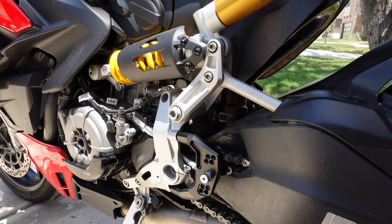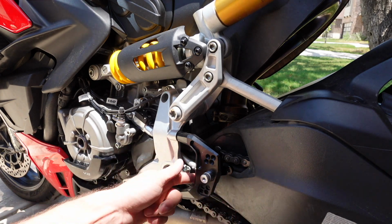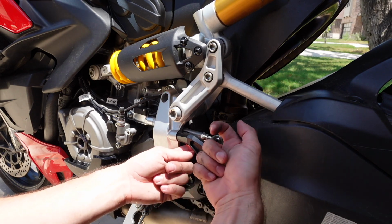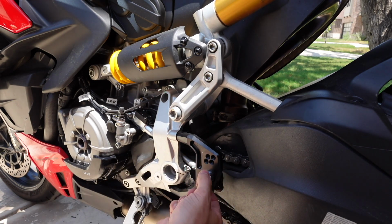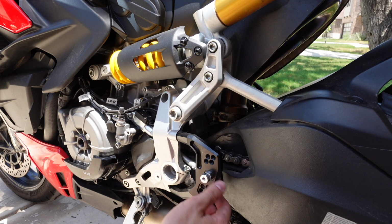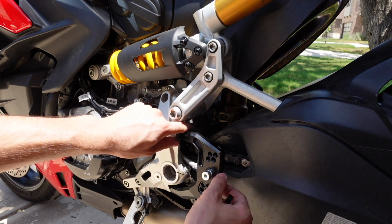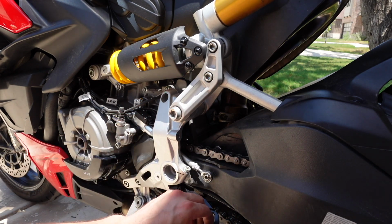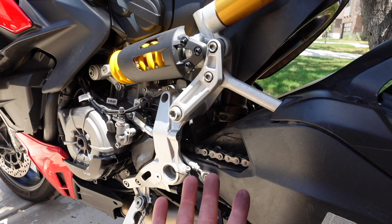Okay, we're figuring this out together. So I installed the rear set bracket first, but then realized the bolt for the shift arm back here comes backwards, towards us into the shifter pivot arm, I guess we're gonna call it. And where the swing arm is, you can't get to it. So I'm gonna take the top bolt out of this and unscrew the bracket back here so we can take all this apart to get this guy free,